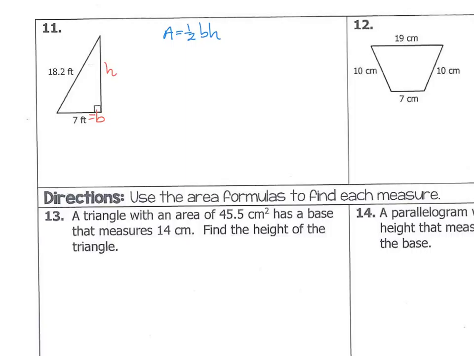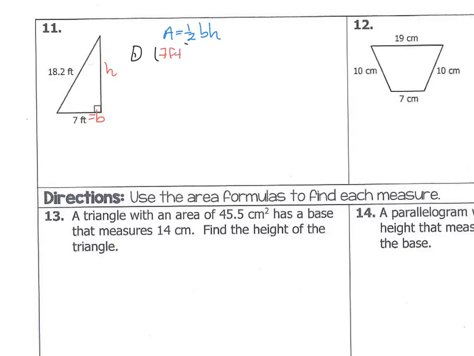The 18.2 is not your height. It's the hypotenuse. The height is always perpendicular to a side, right? Well, I need that height. How am I going to find it? Pythagorean Theorem. Very good. So this one involves prior knowledge. So remember, your legs are always a squared and b squared? Well, a and b. So I'm going to take my first leg, which is 7 feet,